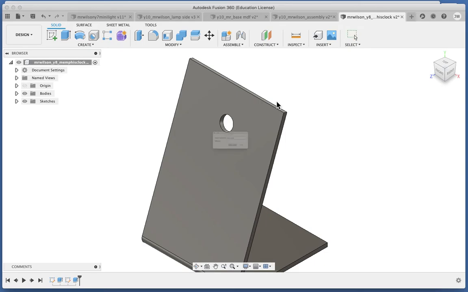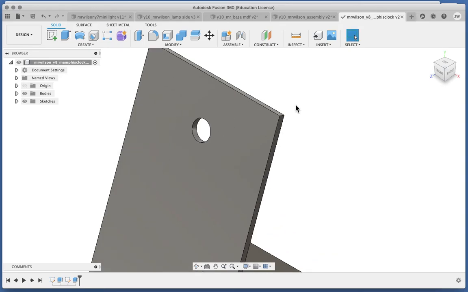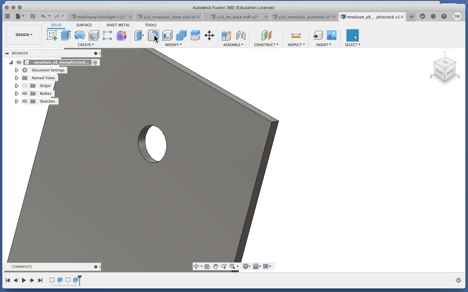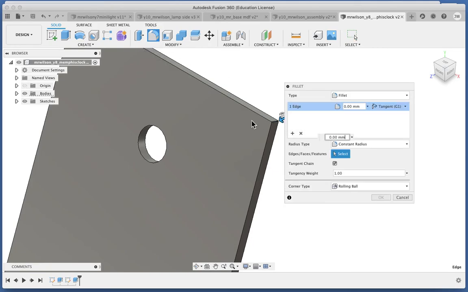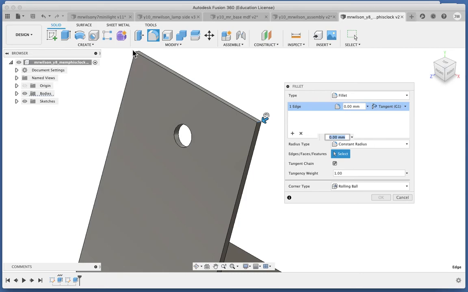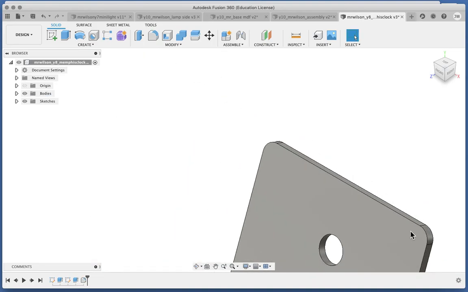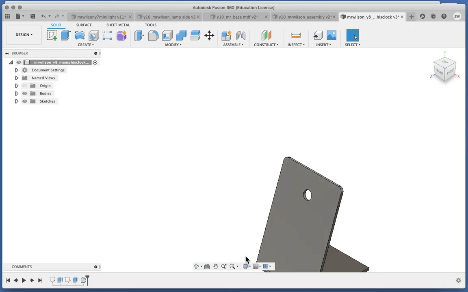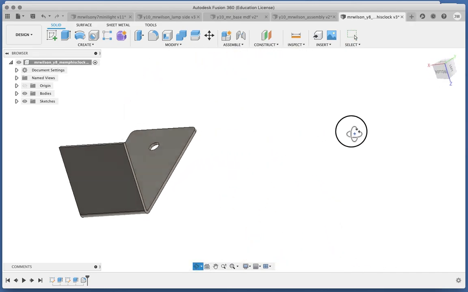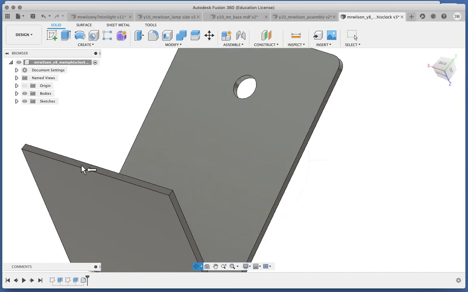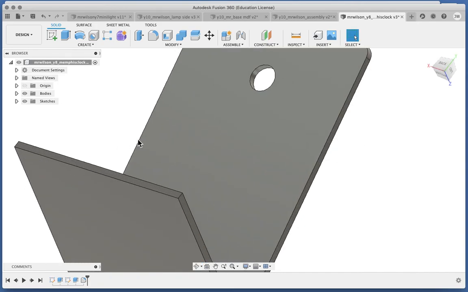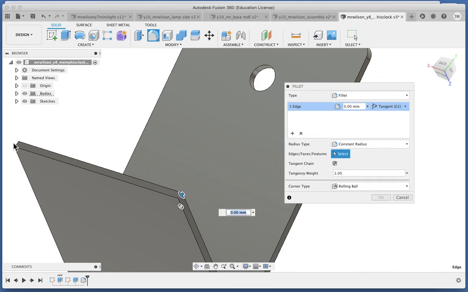I'm going to Command S and click OK. And if you want to be a little bit pro, you can go in and you can select these corners, and I'm just going to put a little radius on those so they look a little bit nicer and not so sharp. And I can obviously do that down at the bottom as well. If I just turn that around, maybe use my orbit tool, flip it like so, zoom in, and I could press F, select there,